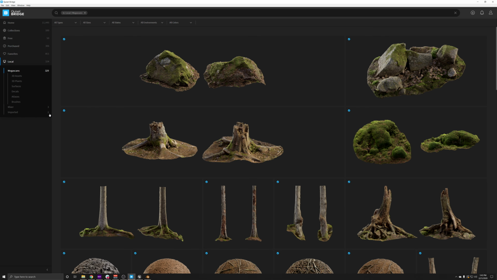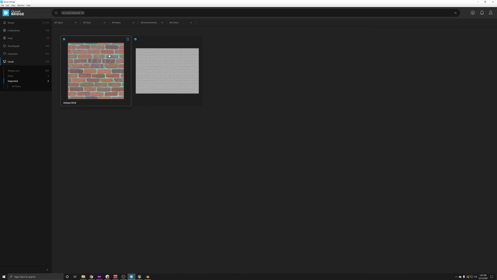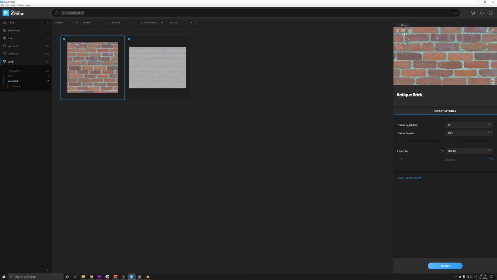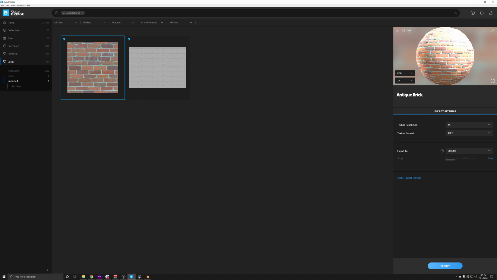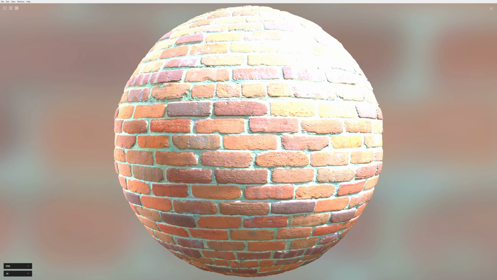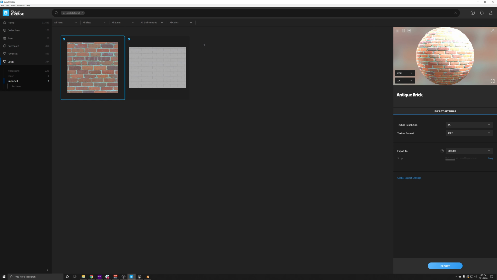So if we go to local, we now have 2 assets in our local library. So here is that same brick asset. We can select it. We can look at the different maps just like you're used to. And we can also look at it in 3D. It's a really sunny day there. I don't think I got my personal roughness map set up correctly for this, but you get the gist that you can import an asset inside Bridge, and that process that I showed you is the same exact way for 3D models too. I don't have a 3D mesh to show an example of this. I just have a surface.